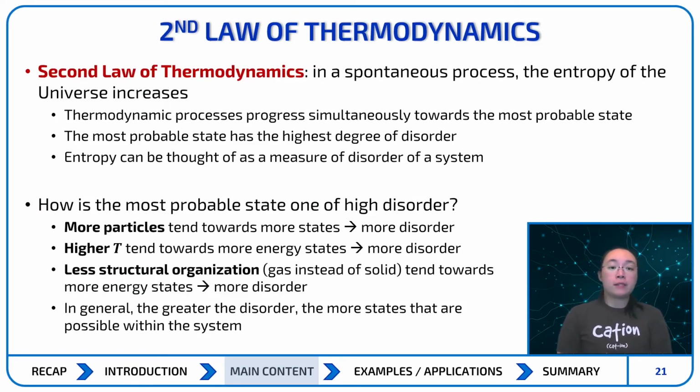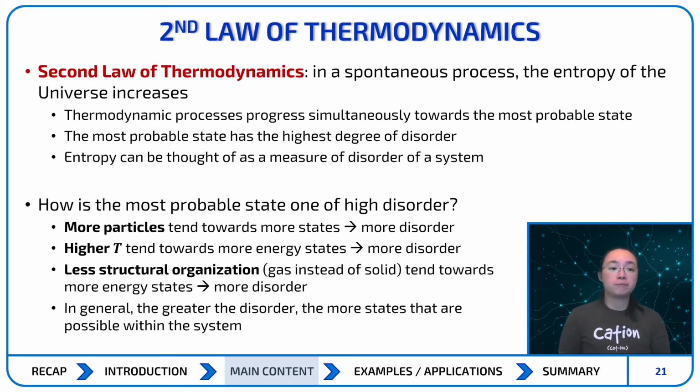So let's now talk about the second law of thermodynamics. Basically, this says that in a spontaneous process, the entropy of the universe increases. So now we get to talk about entropy, which is the level of disorder of a system. Now, the second law of thermodynamics has been restated or redefined in various different ways. First of all, thermodynamic processes progress towards the most probable state, something to do with multiplicity. The most probable state has the highest degree of disorder, and entropy can be thought of as a measure of